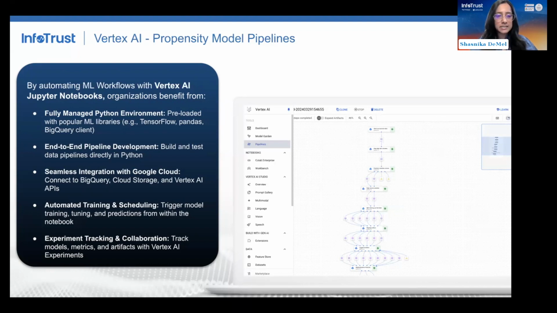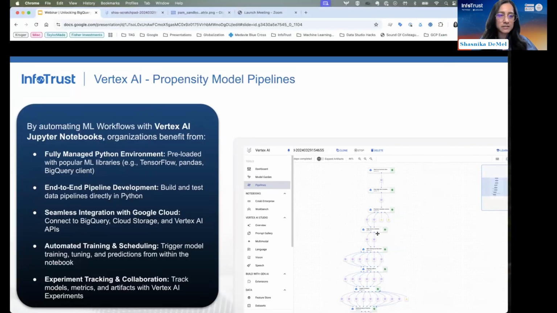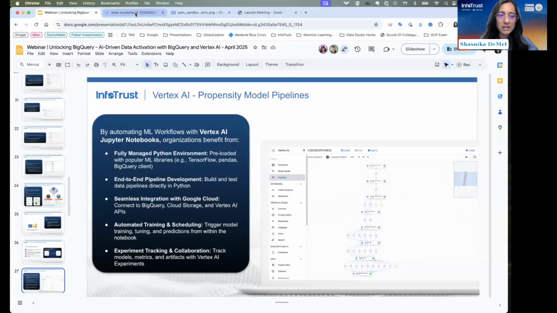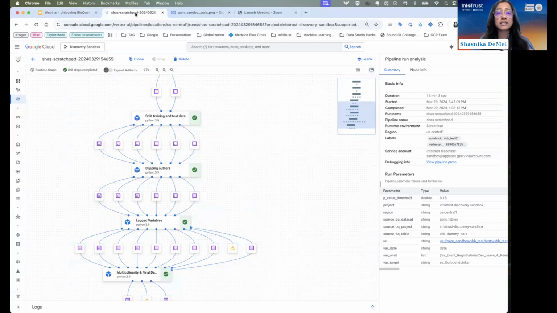And what I mean by that is, and I'm going to take us off on a little bit of a tangent here, here's an example of just building a simple model within Vertex AI.